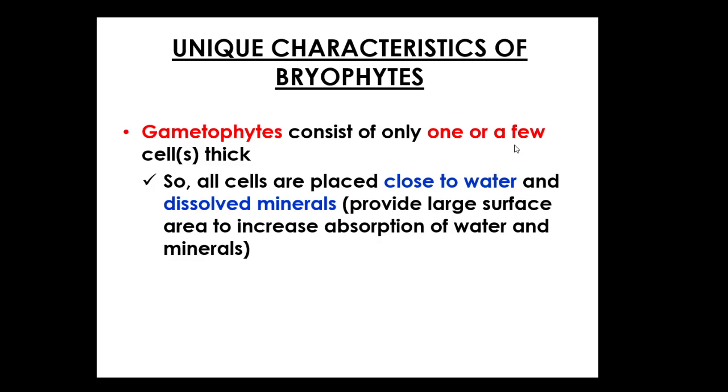Okay, what are other unique characteristics of bryophytes? In bryophytes, the gametophytes consist of only one or a few cells thick, so they are quite thin organisms. So all the cells are placed close to water so that dissolved minerals